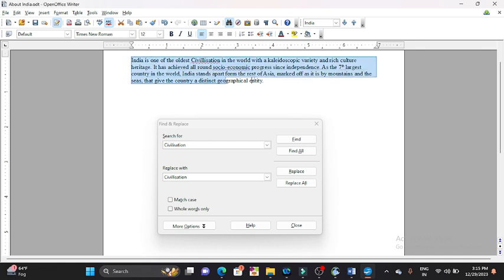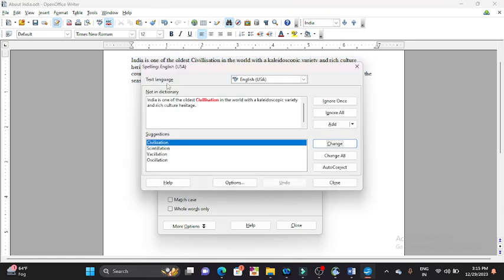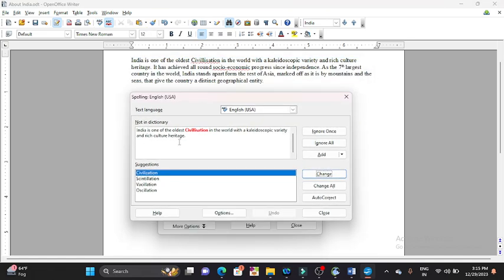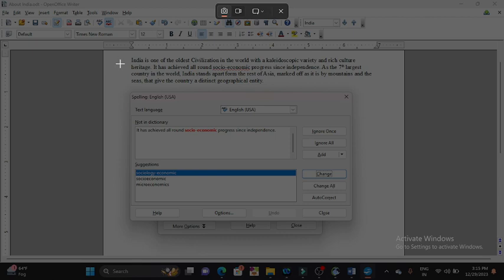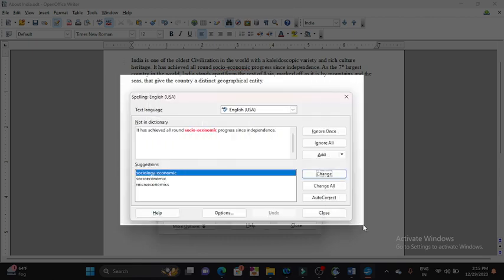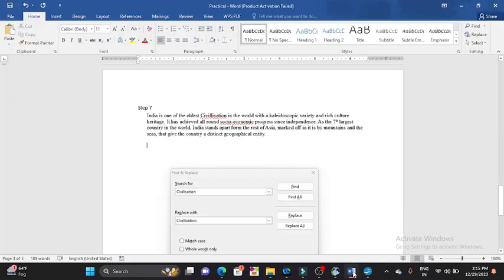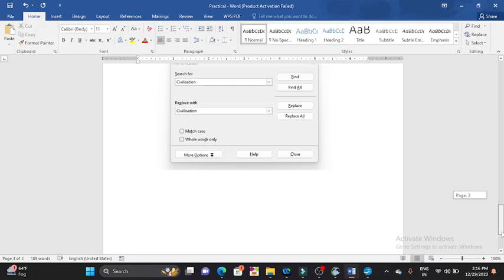Now we can select this option, and in this spelling and grammar, or we can go to the spelling grammar, and here we can check the spelling mistakes. Civilization is the correct word that we can change. Okay, now socio-economic is the correct word that we can also change. Okay, here this we can also take the printout of this screen also, that we also add here. Step next,